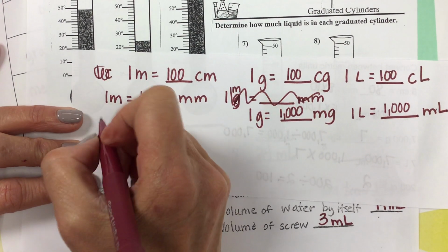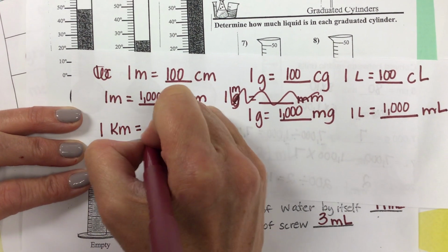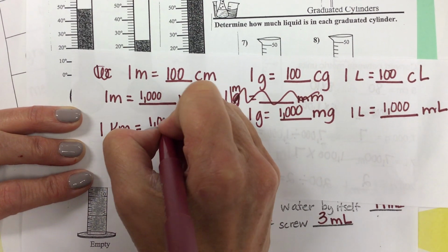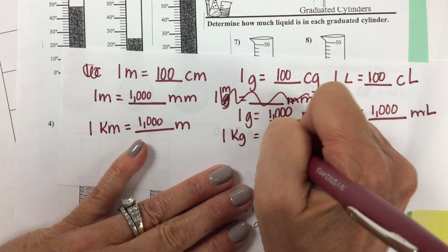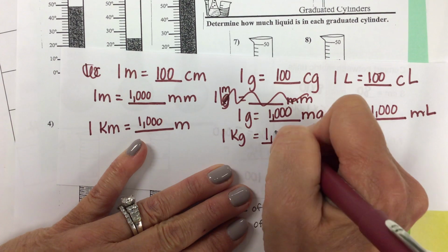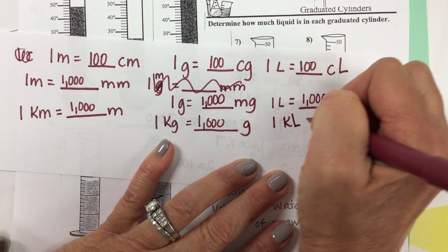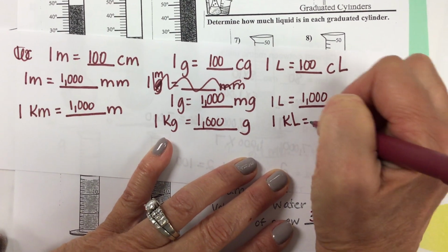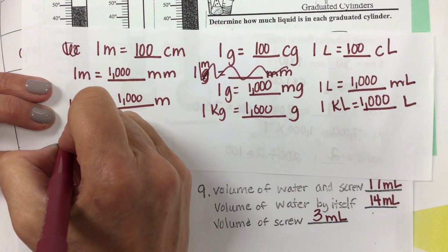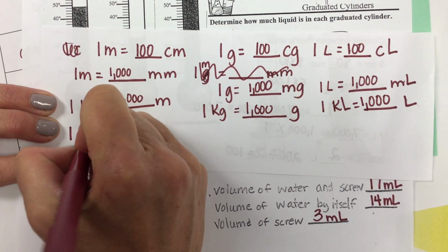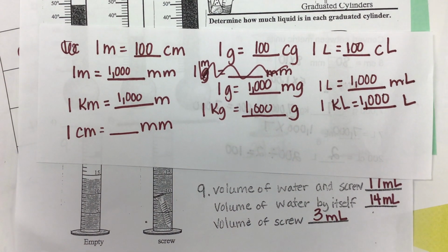Okay, here we go. 1 kilometer is how many meters? 1,000. Okay, 1 kilogram is how many grams? 1,000. 1 kiloliter is how many liters? 1,000. Okay, and then the last one. 1 centimeter is how many millimeters? 1,000. Guys,